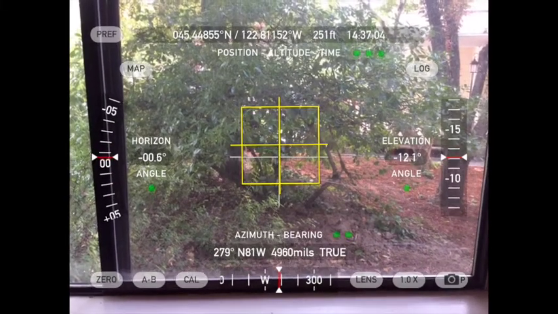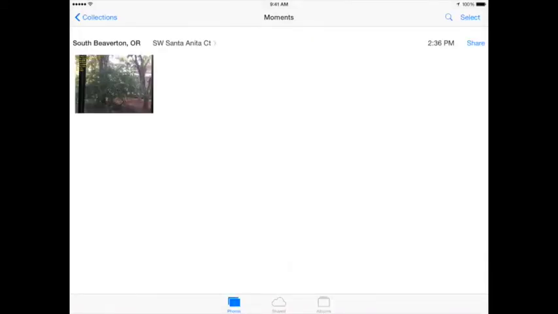Now what I want to do is close here, open my photos, and now I can see the date and the time, May 31st, 2015, my lat long, my altitude is 251 feet, my compass bearing direction was 280 degrees, and elevation angle, horizontal angle, we don't really want, but we can't turn that off without turning off a lot of stuff. But we can see at the bottom,